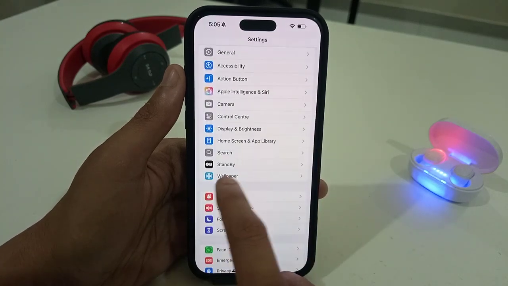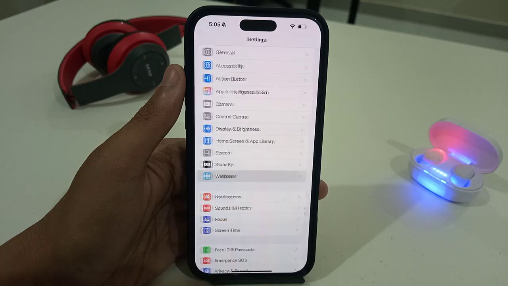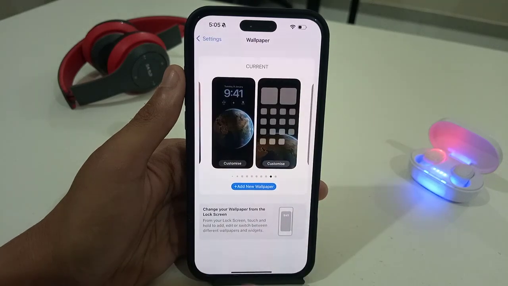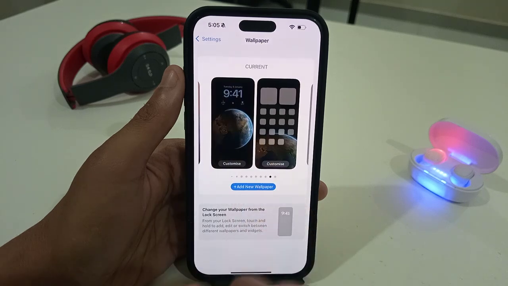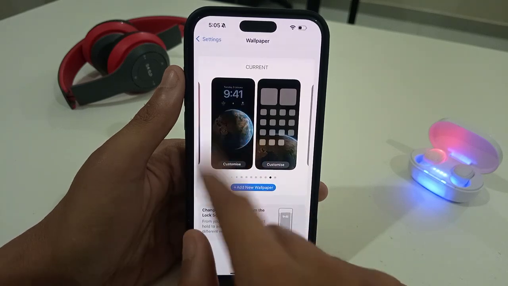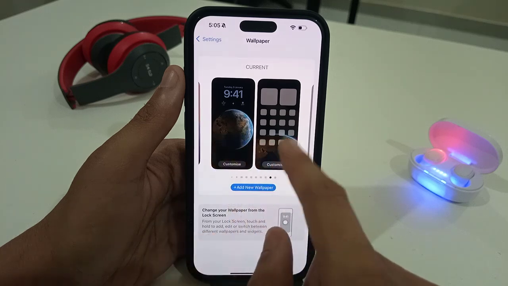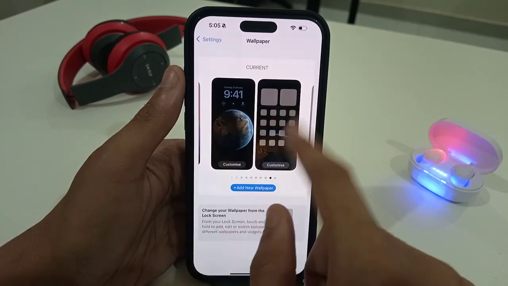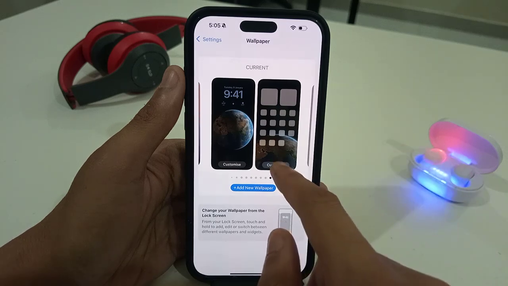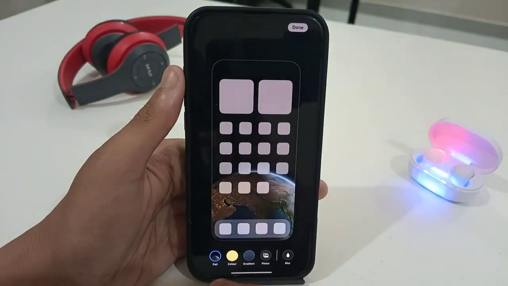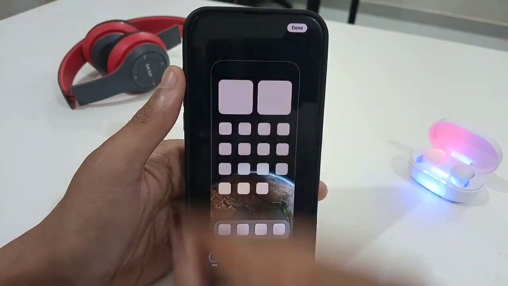That's the wallpaper app, and you just need to tap on it. If you open it up, you see that there is a current wallpaper, and here the customize option. There are two customize options. The first one is the home screen, and the other one is actually the menu, where all your apps are in it. Just tap on customize, and now you see that there are some options here at the top,